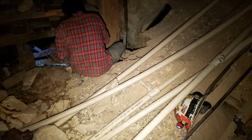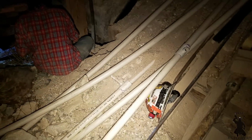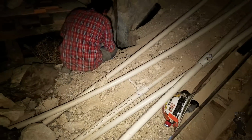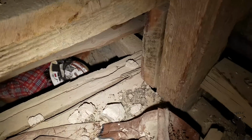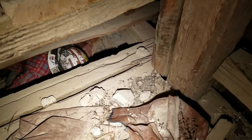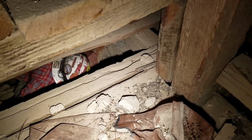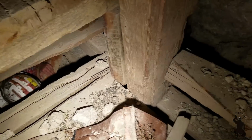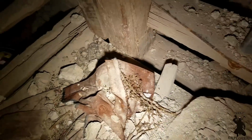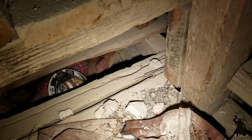Grab your hard hat, dude. I can do it. Yeah, grab your hard hat here. Hold on. Alright, Suicide Boy's trying to tear the collar of the shaft apart so he can get a look down this thing, because it seems like it continues. It does, dude, but it's a...